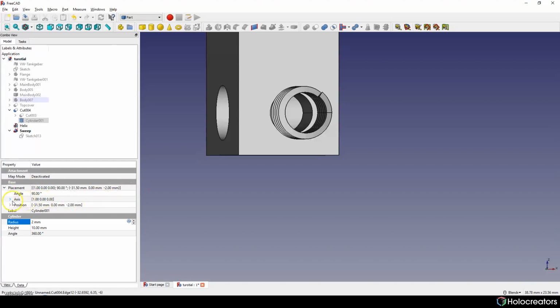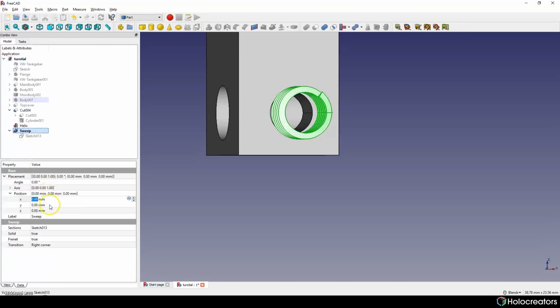Only for placement, you have to copy these values here.